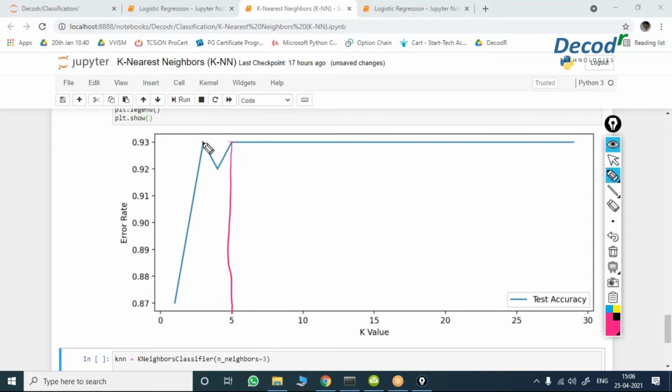But if you consider k as 3, you are going to get the same test accuracy. Why are you considering 5 when 3 is also giving the same thing? 4 gives 92% accuracy, but what happened to 3? 3 is also giving the same result, right? Why can't you go with 3?